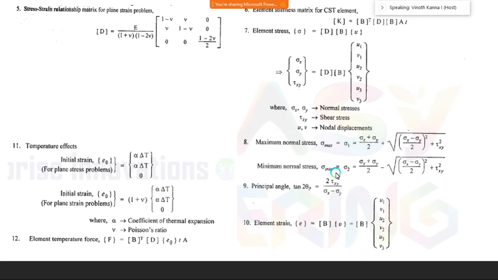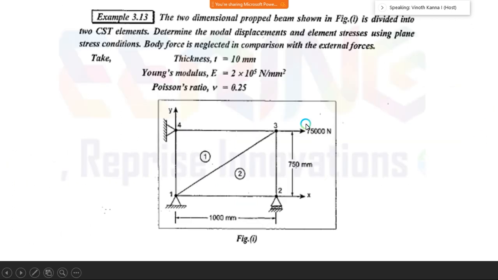Now we will go with one problem, one big problem. This is the one problem I'm going to discuss. I hope this one problem is enough to revise. Okay, fine. So now the question is two-dimensional, and they are giving the structure like this. This is a truss element actually. They are giving a rectangular box like this. They mention each node point as well as element point. As we know, once we put a number and put a round over it, it is called an element. Simply a number is called a node.